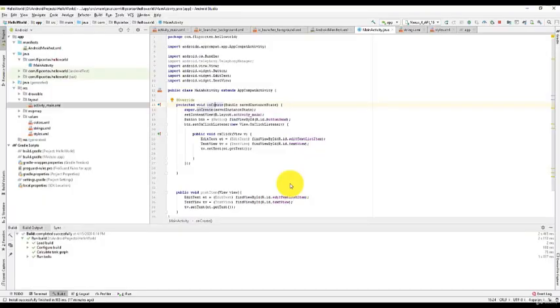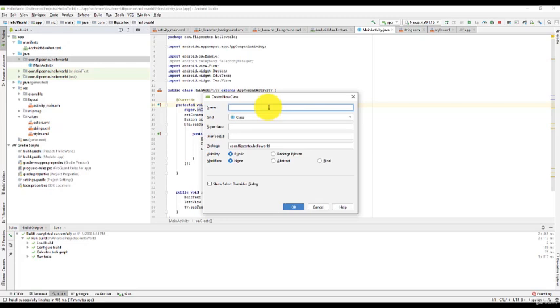Okay, so now what we're going to do is create a new activity. So let's say a new Java class, type class, name it, let's say, display list items.